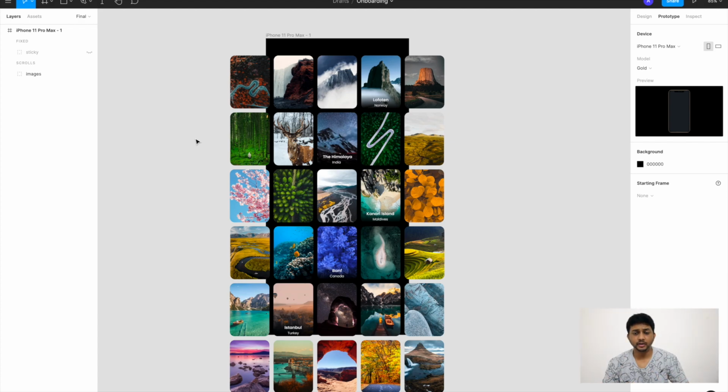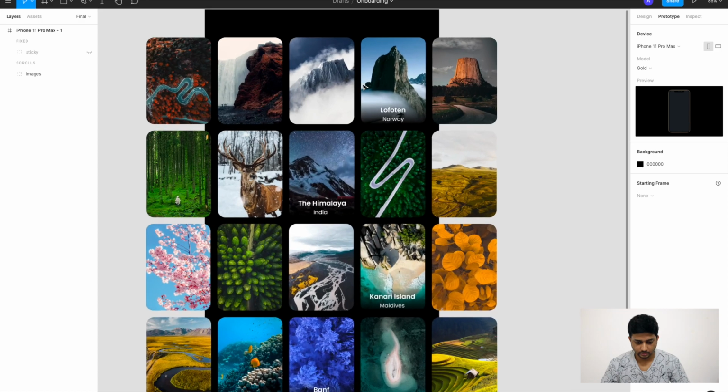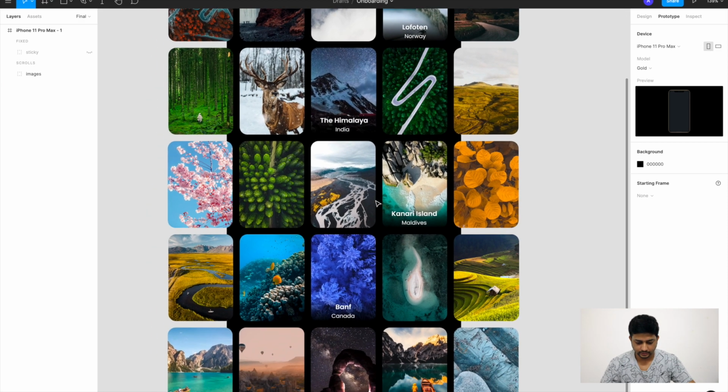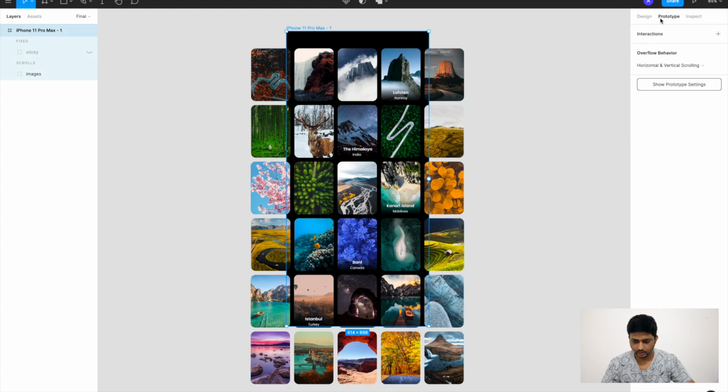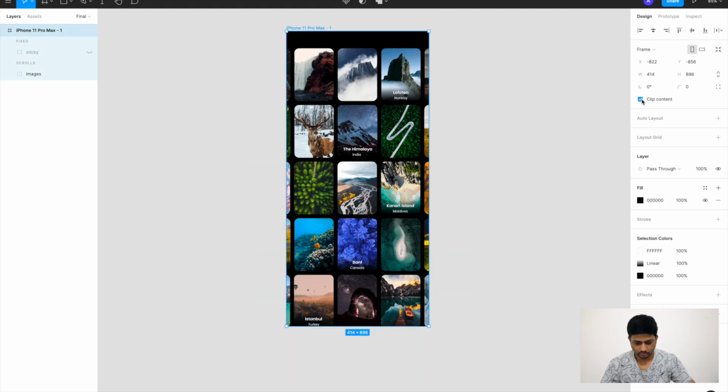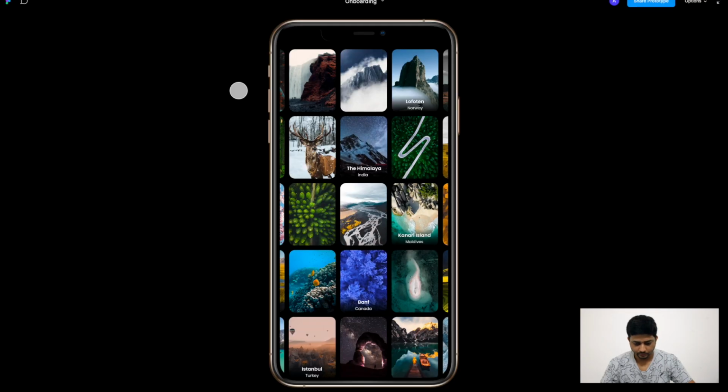So guys, I have replaced now a few parts of these images with GIFs, especially the ones that contain the text. But ideally, you can also replace every element on this one with a GIF. So I'm just doing a few for the demo right now. So the ones that contain the text are the ones that contain the GIF. It's not visible here, and I have just removed the clip content bit. Let me just do the clip content and show you how it looks like.